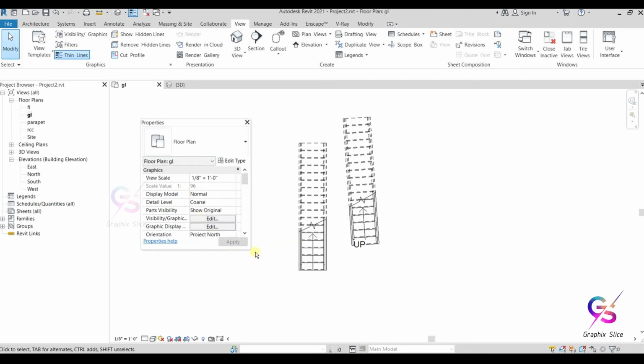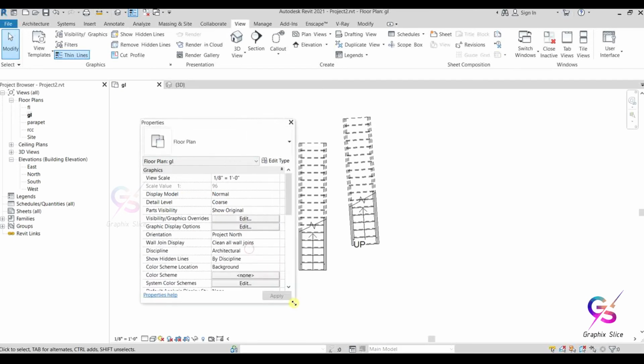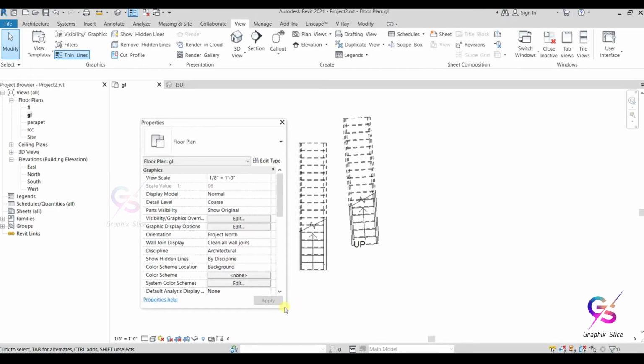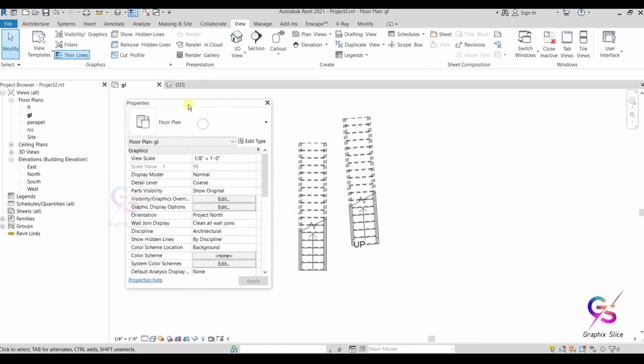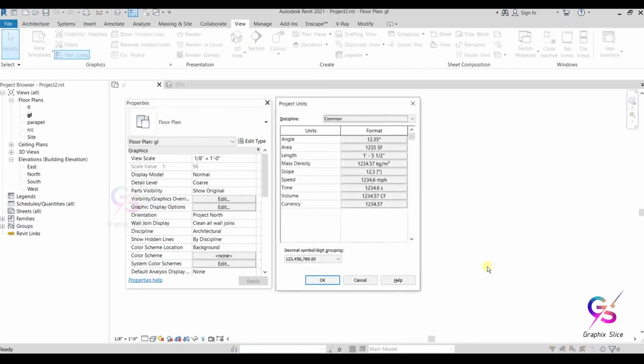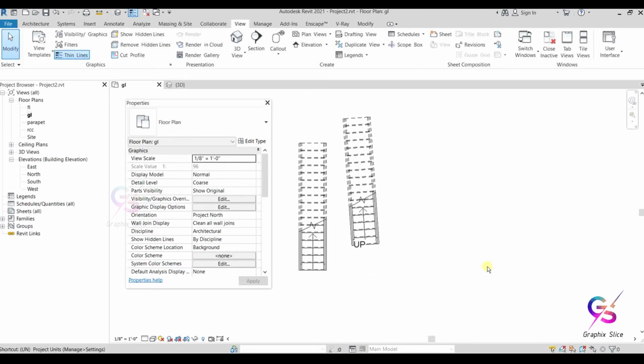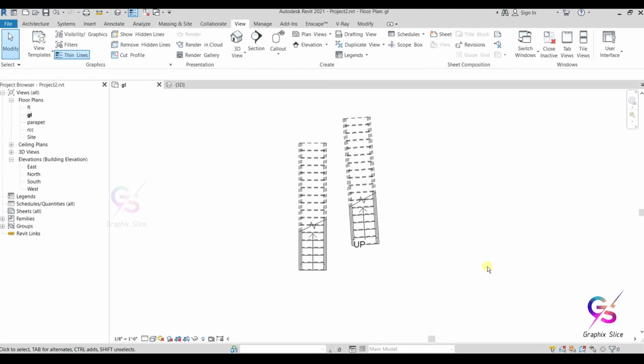So when we are assigning a command, if we are using one command for one tool, there is no need to press enter. But here we are using the same shortcut command for two tools, one for the Units window and another one for the Properties window. That's why here you need to press enter. UN enter, you'll get Project Units. UN right or left arrow, then enter, so then you'll get the Properties window on and off. So like this we can prepare shortcut commands.